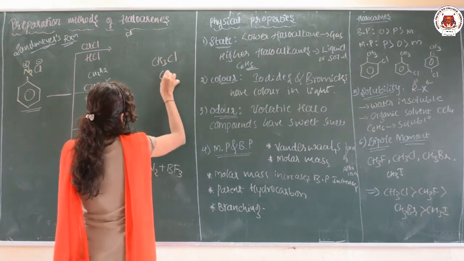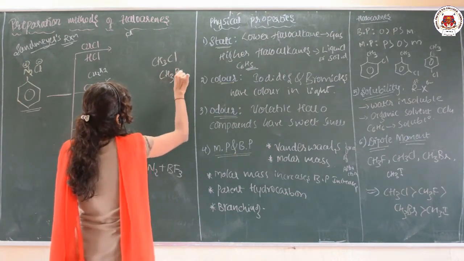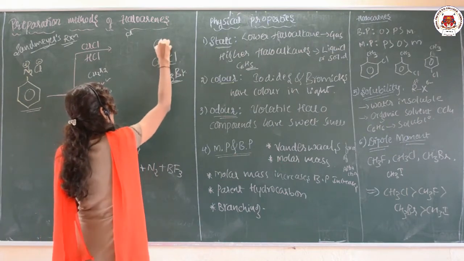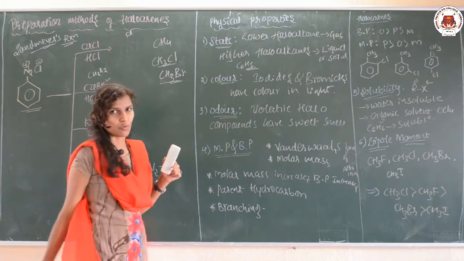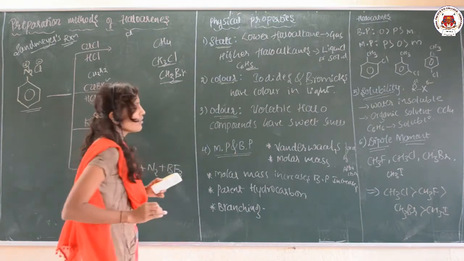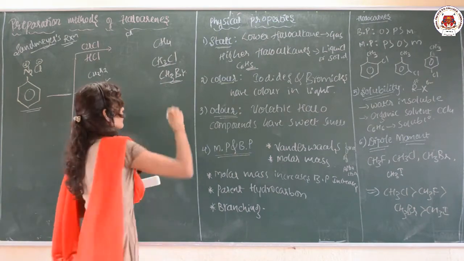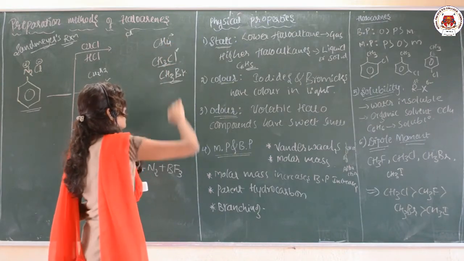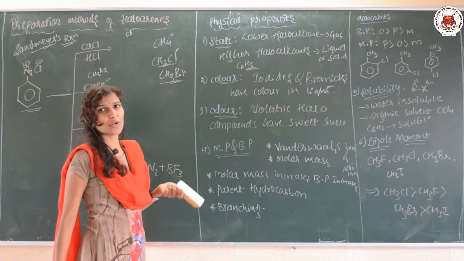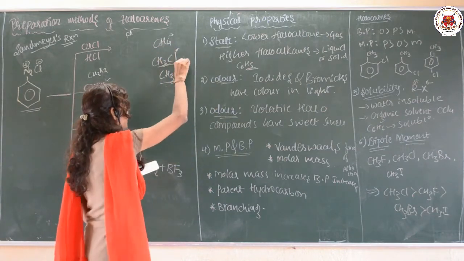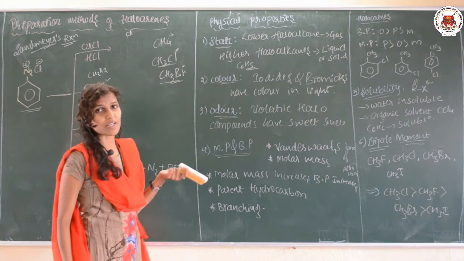These are the haloalkanes. So what is the parent compound for this? Methane, CH4, having some molecular mass. Then I am going to replace one of the hydrogens and add Cl, and that Cl molar mass is included in the total. And if I am replacing the hydrogen by Br, I am going to add that mass also.